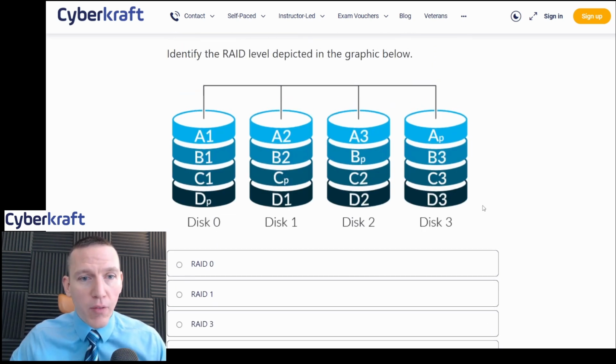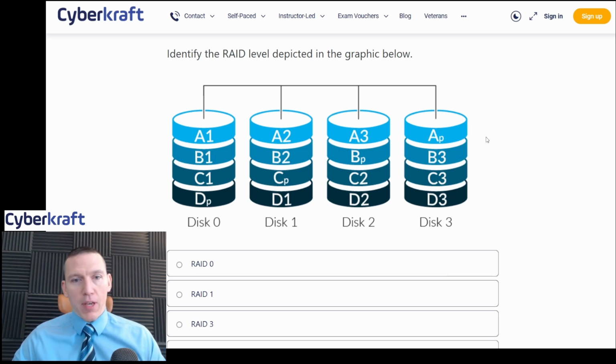Identify this RAID level. Okay, here we have 4 disks. Disks 0, 1, 2, and 3. And we're going to be putting the information on multiple disks. And we have a bit for parity. A parity bit can recover any of the other bits. So this parity bit could recover anything from A3, 2, or 1. So if we lost any one of these